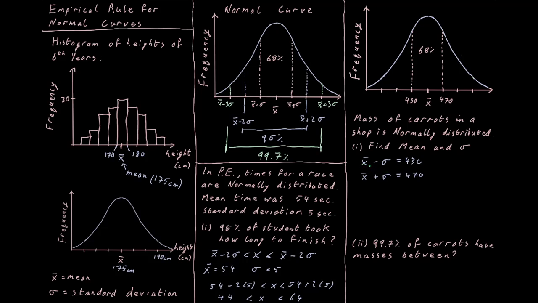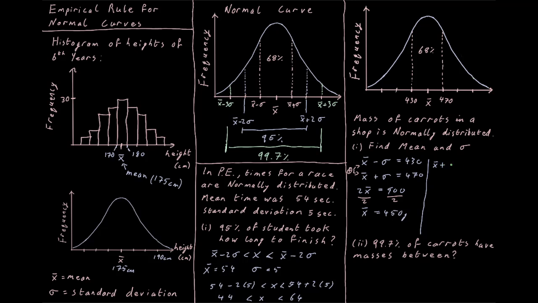But we can do this mathematically just by doing simultaneous equations. We have 2 things that we want to know about, the mean and the standard deviation, and we have 2 equations that we can write down for them. So we can just add those 2 things together, because we have minus sigma and plus sigma. And when we add those 2 equations together, like we would for any simultaneous equation, we will end up with 2 times our mean being 900. So our mean mass of carrot in this particular shop is going to be 450 grams. And now we can find the standard deviation, because we know the mean